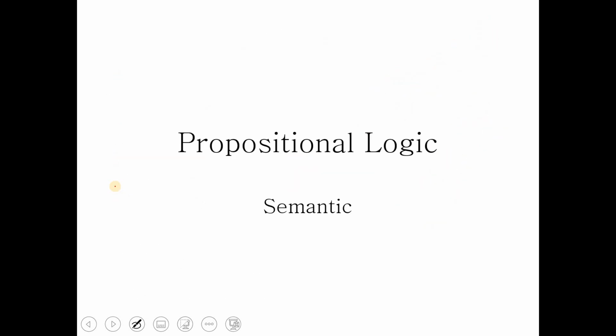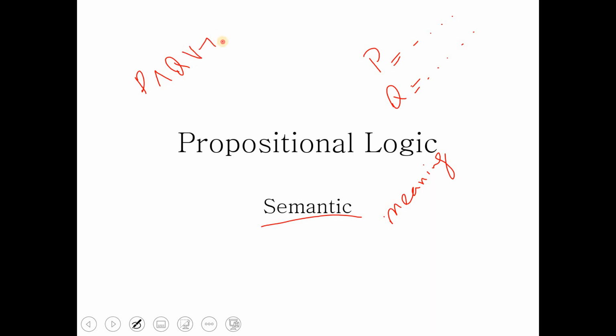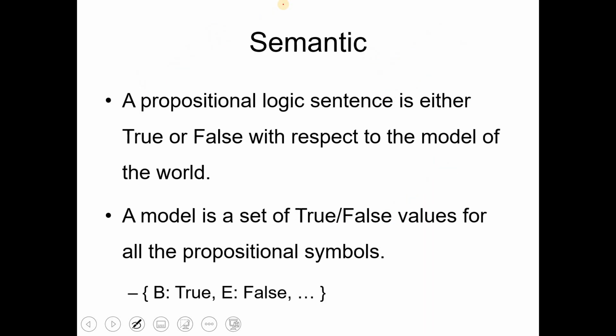Okay. Then comes the semantics. Semantics means meaning. The meaning of the individual variables or symbols, I define it. What about the meaning of the whole sentence? So a sentence can be very complex. How can I be sure, if there is a sentence P and Q or not Q, a very long sentence, how we will be sure about the meaning? What is the exact meaning of this sentence? So the meaning of long sentences or short sentences,